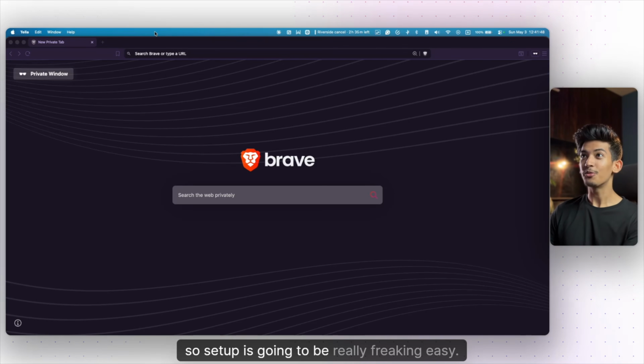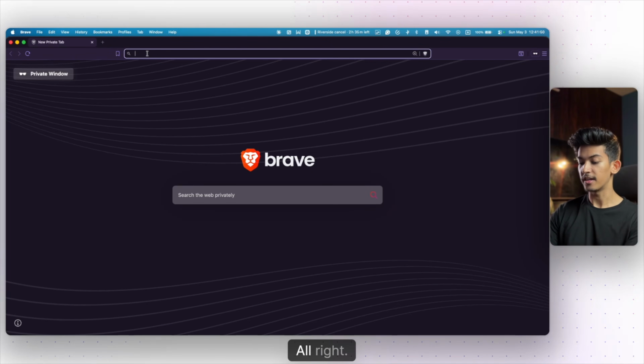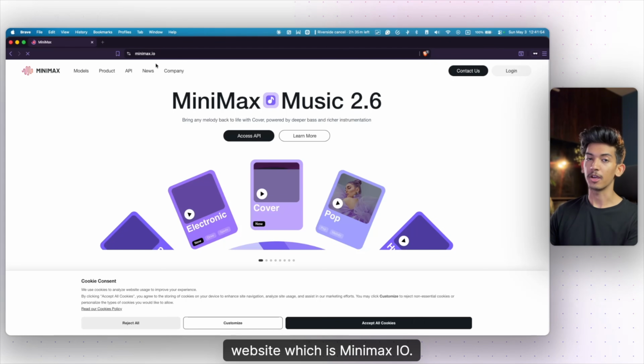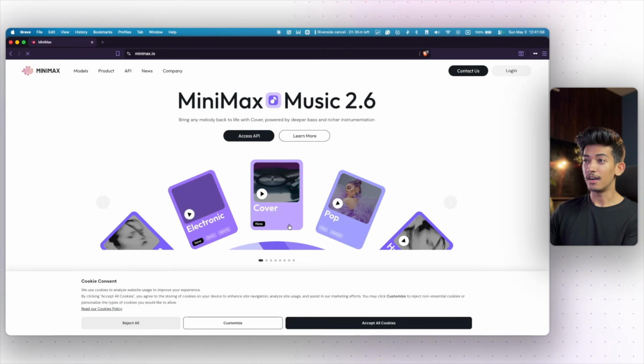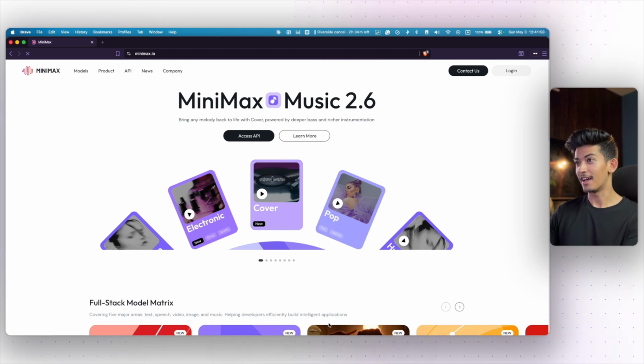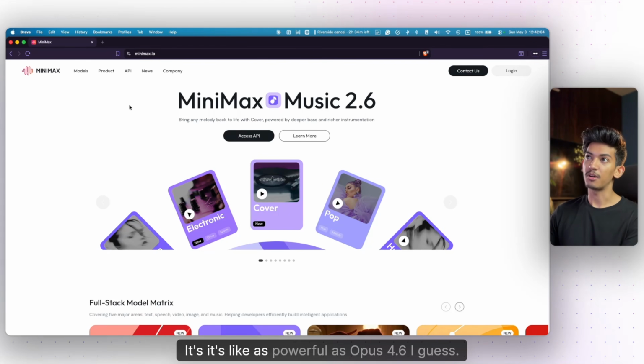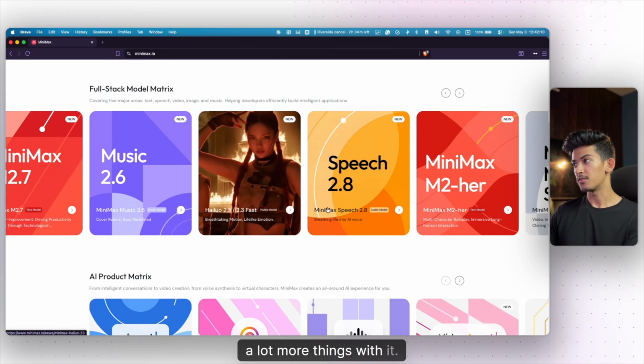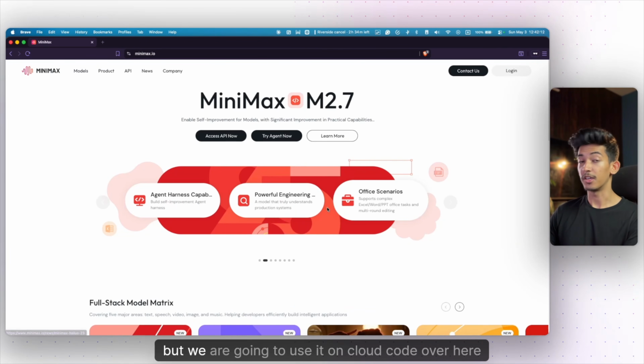Alright, so setup is going to be really easy. Just follow me along, alright? The first thing you need to do is to go on this website, which is minimax.io. It's nothing but a really cheap Chinese model, and it does the job so well. It's as powerful as Opus 4.6, I guess. So this is what we are going to use, and you can do a lot more things with it. I still need to explore it, but we are going to use it on Claude Code over here for this